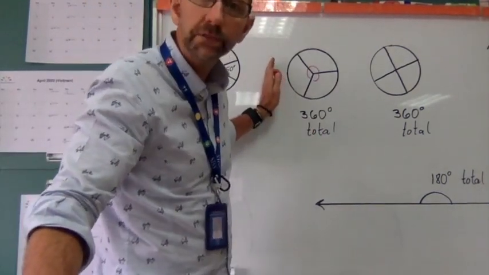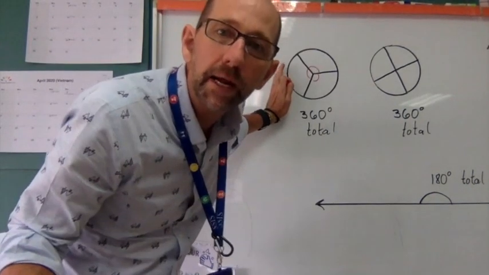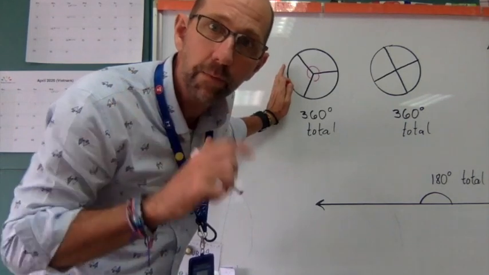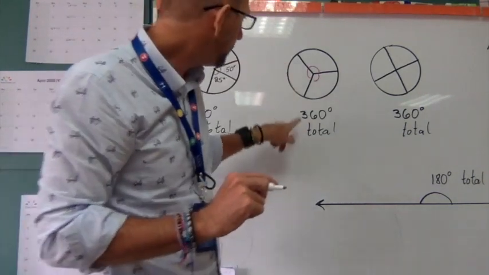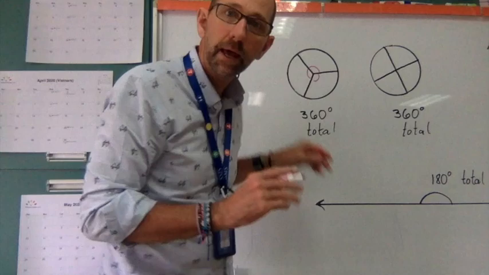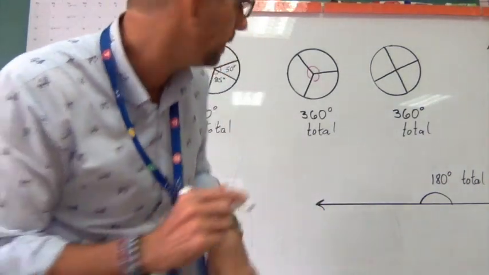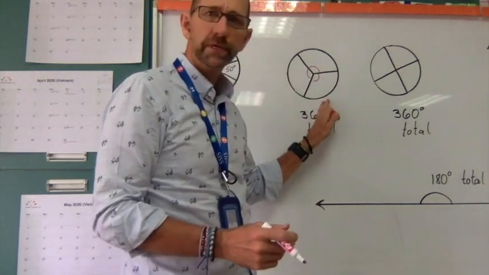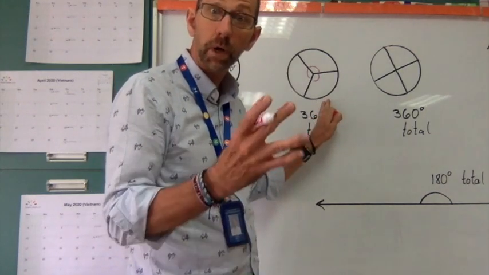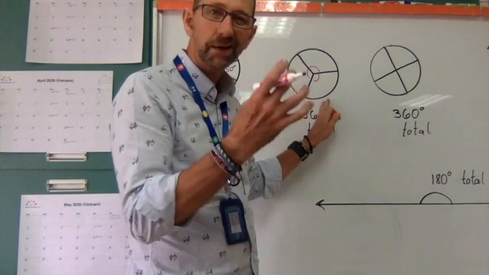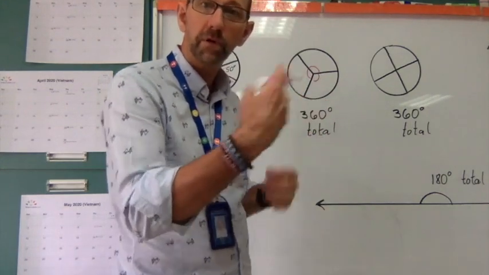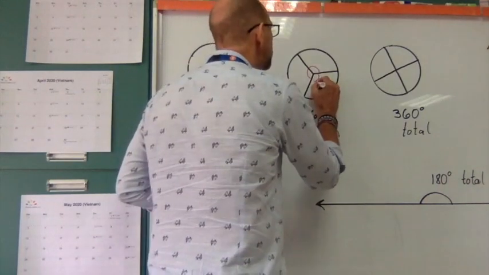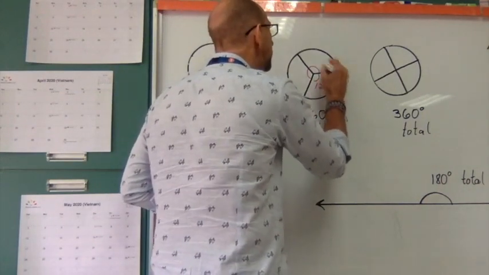This circle happens to be divided up into thirds, which means it's 3 equal pieces. Well, hey, we don't need a protractor because we just take 360 degrees and divide it by 3. So 360 divided by 3, well, I know that 36 divided by 3 is 12. So that must mean I put the 0 back on. That's 12 with another 0 on the end to the right is 120. So I know that this is 120 degrees